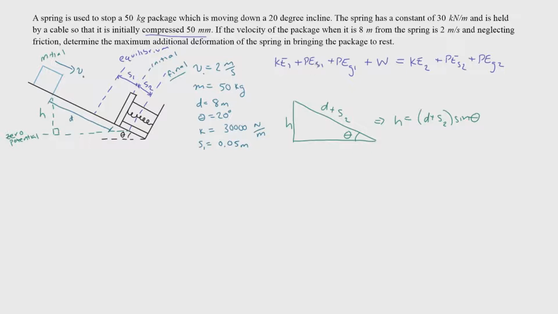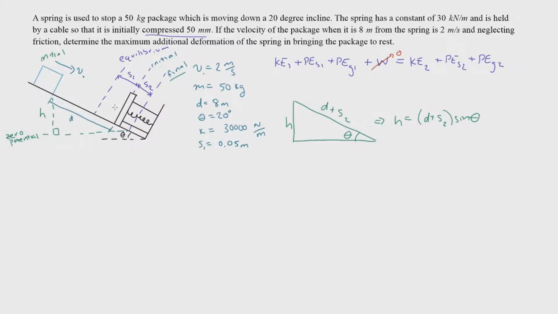It does have some potential energy as well, which is due to gravity because it has a height h at state 1, which is above the zero potential line. And the spring also has an initial potential energy because it is initially compressed by 50 millimeters. However, there is no work being done on the system, onto the box or the spring, and that's because there's no frictional forces or non-conservative forces